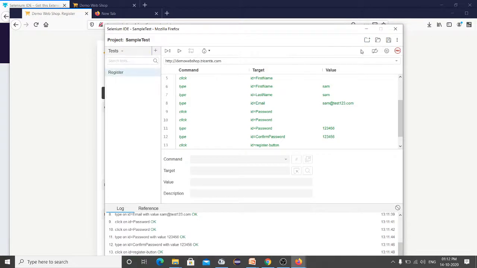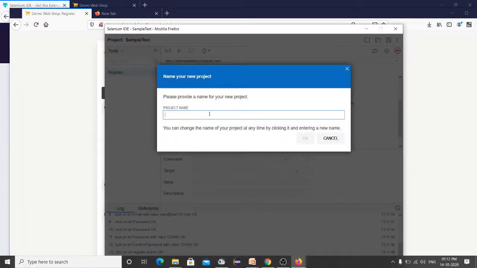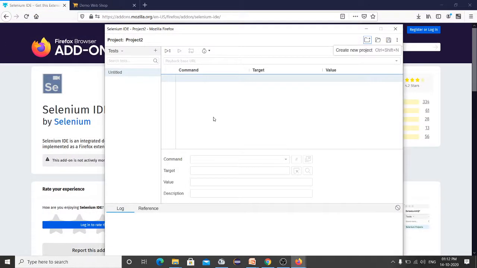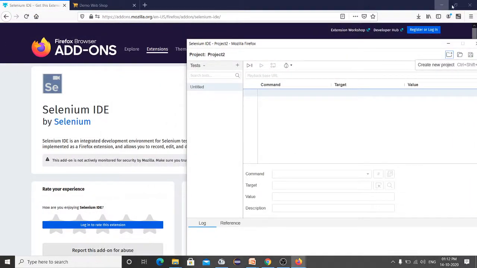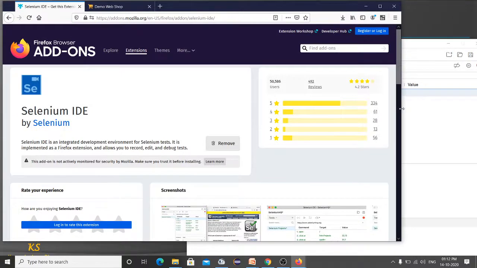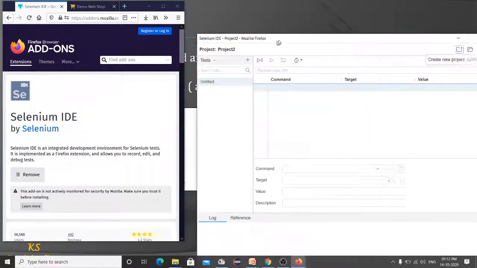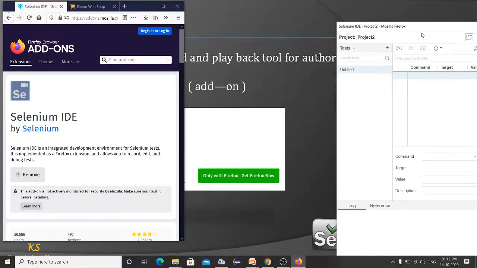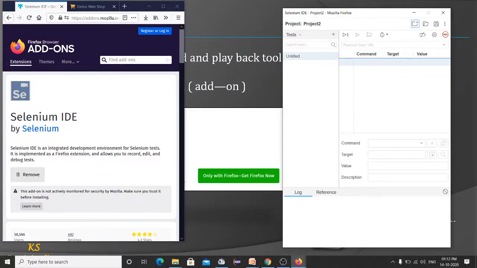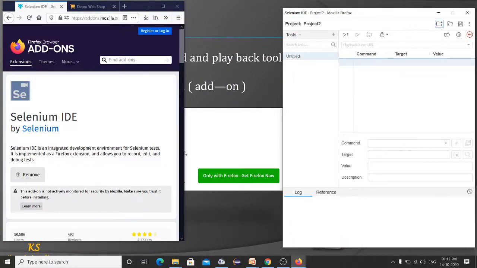Let me create a new project, project 2. Okay, observe here. I'll be showing the windows side by side so that you can see what's going on exactly.